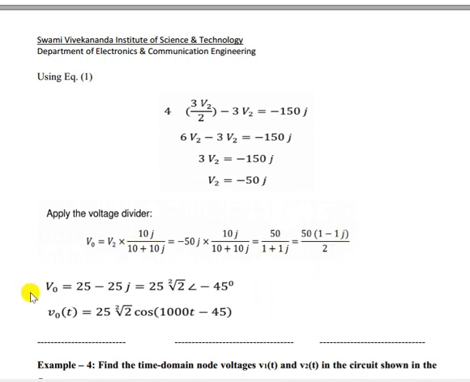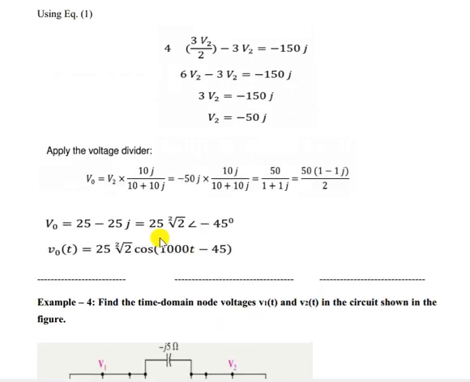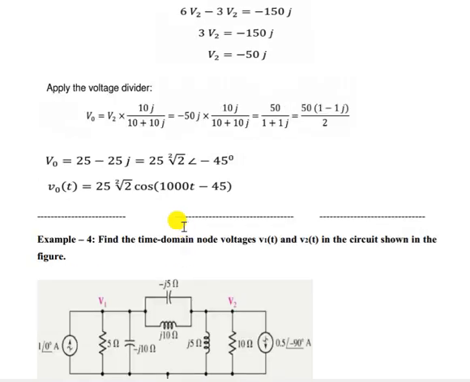Okay. Now V0 we got this value that we can convert into its equivalent polar form. So what we are getting in polar form is 25 at angle minus 45 degree. To find out maximum value, we have multiplied by root 2. Now this is always RMS value, so we have to multiply by root 2. In some books that is given wrong anyway.